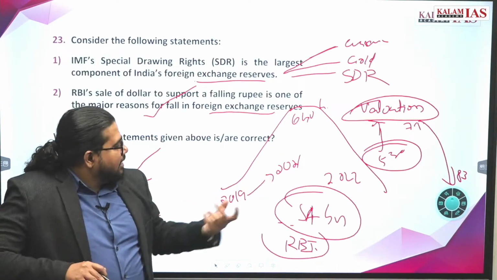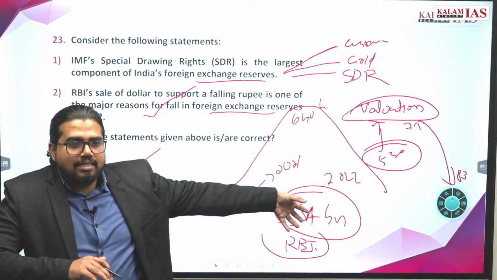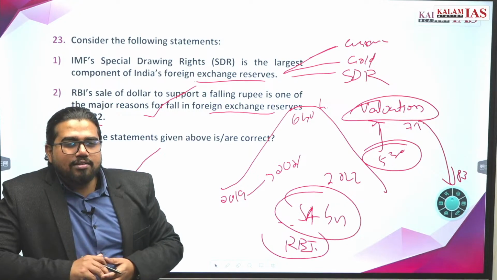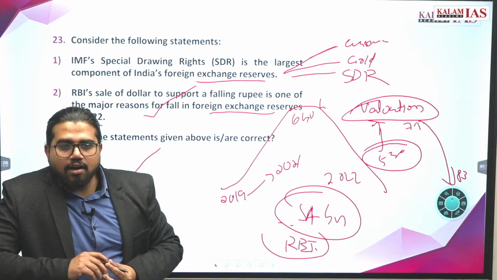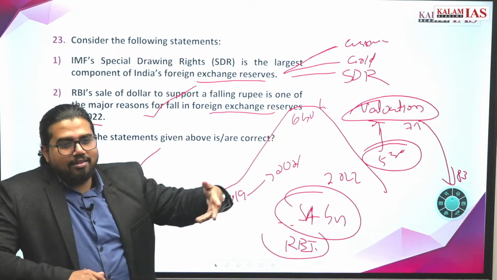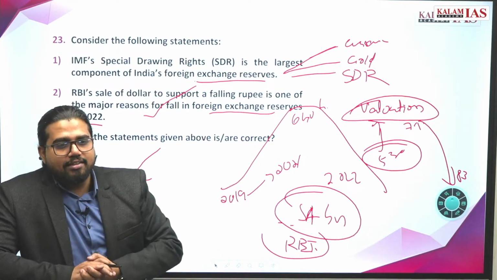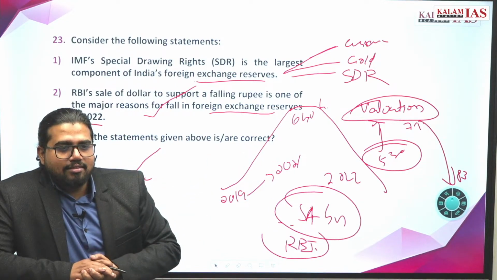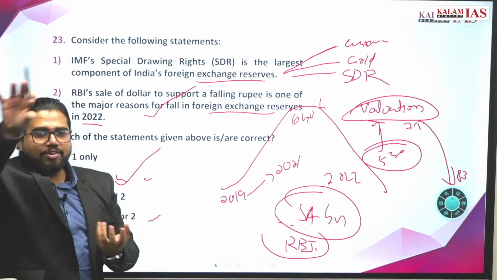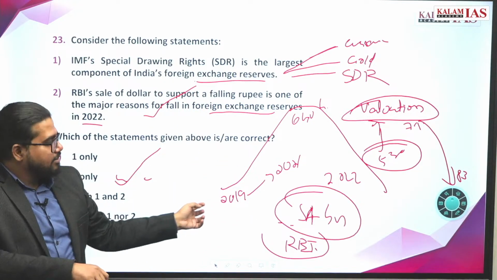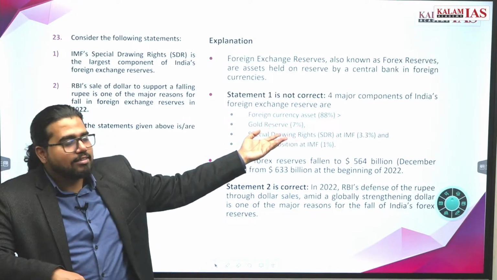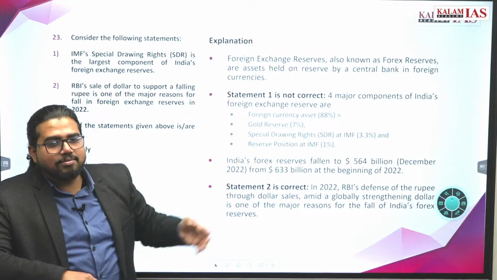I don't understand, ask again. This RBI spot market selling that we are speaking of, the question is what parallel means. It is in line with the statement. Same thing I explained. It is also related to FPI, FI, they are taking out the money. That is also creating some impact. So due to all this, RBI is having some intervention, rupee is falling. All these are somehow interconnected. Same thing is written here. Go ahead. So 88% we have foreign currencies. Only the SDR is just 3% or something like that.